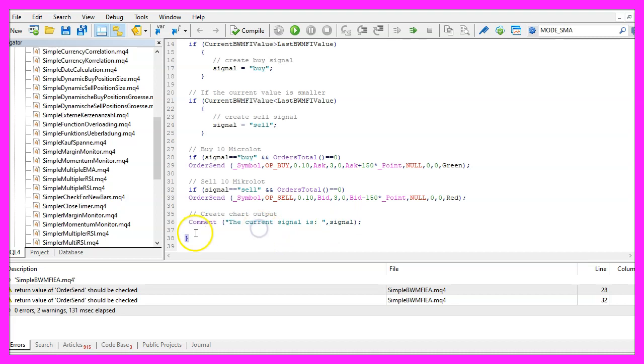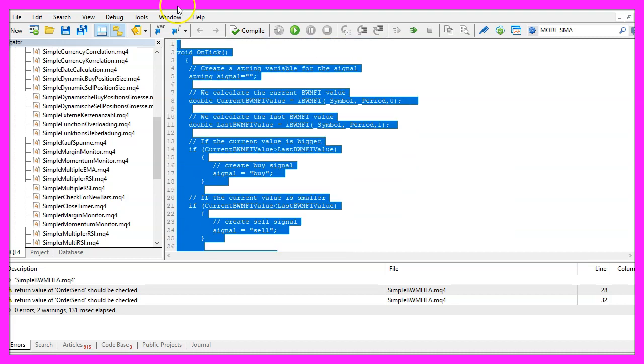And that's all. Well, if you don't understand what all the code here does, or if this was too fast for you, maybe you want to watch the other videos in the basic video series first. Or maybe even the premium course on our website might be interesting for you.